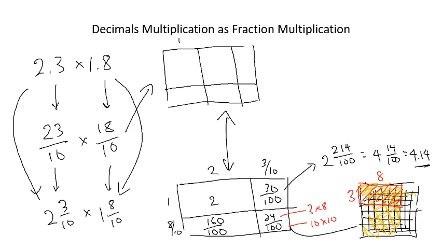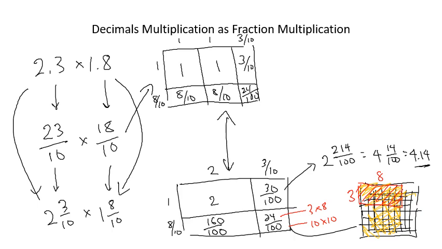Here's my 1, here's my 3/10, here's my 1, here's my 8/10. And now we just have to remember that my unit is going to be this 1 block here. So this is 1, this is 1, this is 3/10, 8/10, 8/10,